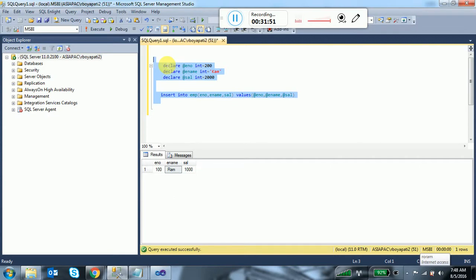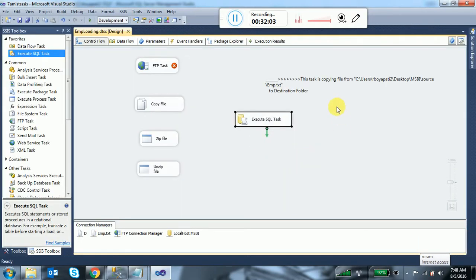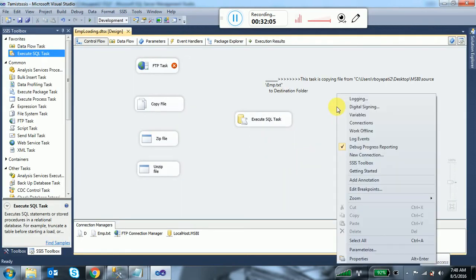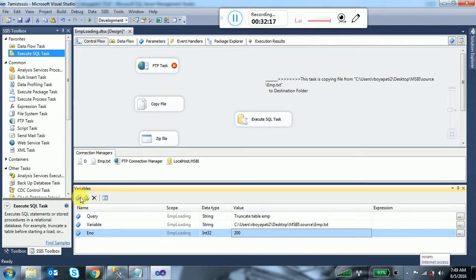Another variable is employee name, the data type is string and the value is KAM, and the third one is salary and the value is 2000. So three variables we have created. Okay, so this part is done.